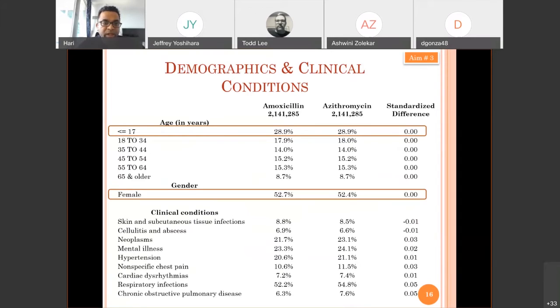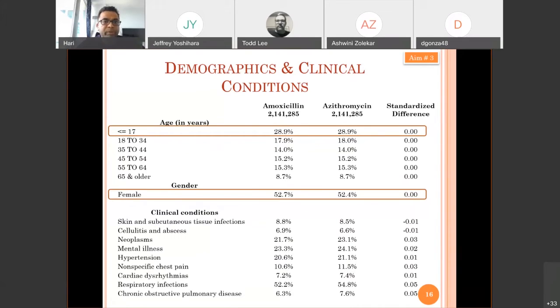And as you can see here, these are just the top overall clinical and demographic variables I've included, but we had a lot more, which were all balanced. The only exception was PPO insurance type. The standardized difference for PPO was about 0.1, exactly at 10%. And patients who were receiving azithromycin were more likely to be in that category compared to amoxicillin. We didn't think that was a concern because we didn't believe it was related to any cardiac events. I think it was just a matter of patients getting that medication.